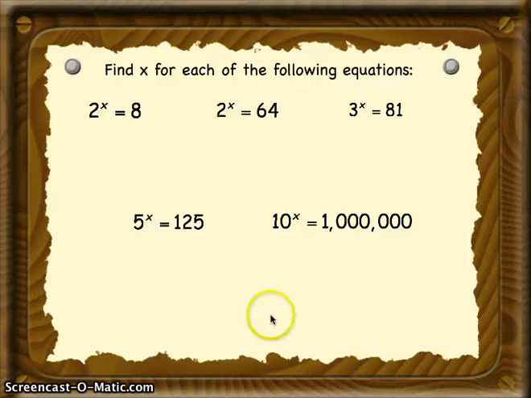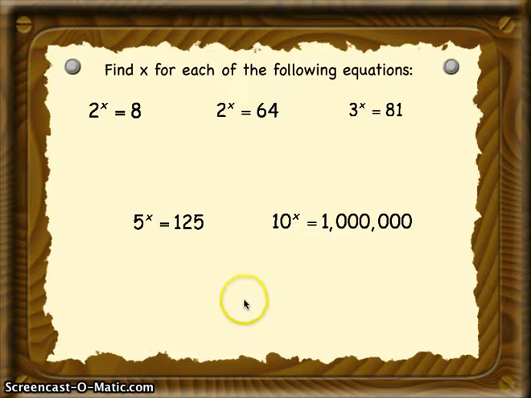This video is designed to help you understand the relationship between logarithms and exponential functions, how you can quickly convert between the two, as well as how to simplify logarithms using the ideas of exponential functions. So the first thing we need to understand is why we need logarithms, how they're going to help us